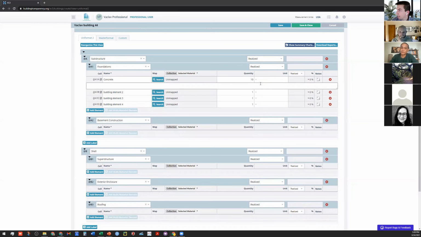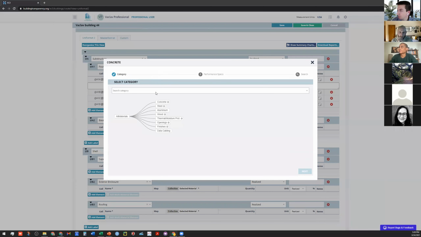So let's say we are defining a concrete element. This would be in cubic yards, so I could say yards cubed, and then I can click on the search button, which will bring me to the search for different environmental product declarations. You have this selection tree based on the type of material that it is. And again, we'll search for concrete, but these are some of the materials that are publicly available right now. We have a number of other ones that we hope to publish soon. We're just working on some of the cleanup of the data in the database.